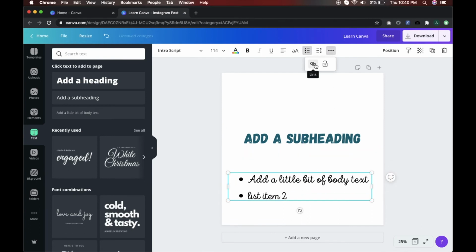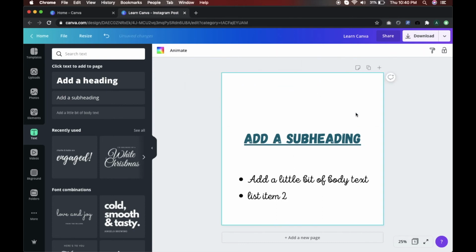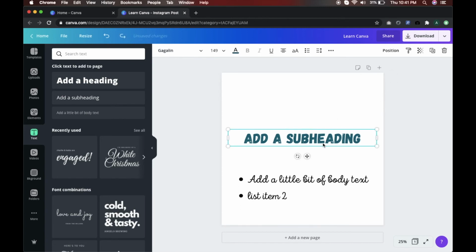Next, we have a hyperlink to create. So if you're creating a PDF out of your document, you can always create a hyperlink with it. So any link that you want to apply can go over here. For example, I want to make this heading connect with google.com, but remember that this functionality only works for PDF documents. So if you export this file as a PDF, the PDF will have a subheading as a hyperlink to Google's official website. So I'm just gonna undo that.